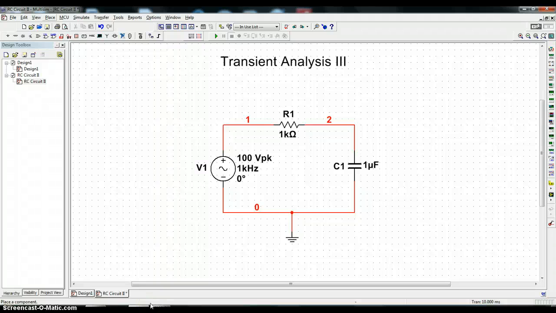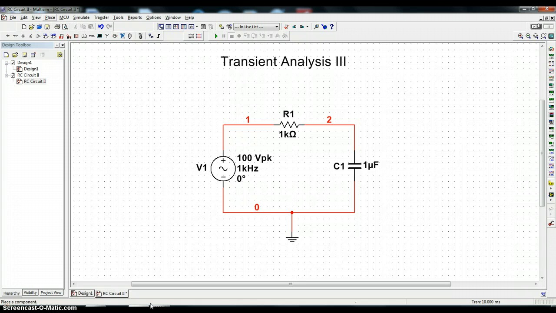This is the third tutorial in the transient analysis series, and we'll utilize the same simple RC circuit utilized in the first two of this series. In this case, the emphasis will be directed toward plotting two or more variables on the screen and how to scale for different values. So we start with the circuit as shown here, as it was left in tutorial